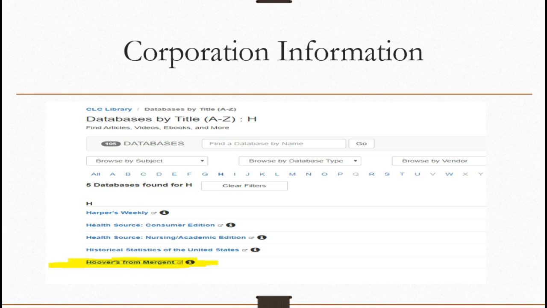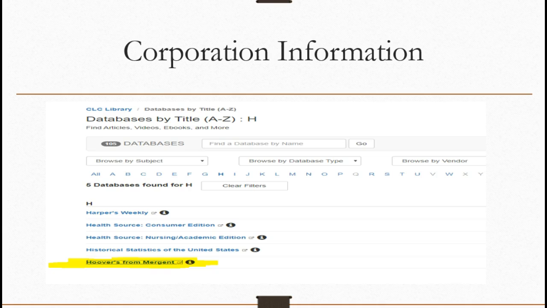One of the main services is Hoover's, and you have access to Hoover's through the College of Lake County Electronic Library. Hoover's is a protected database, so you can't go directly to Hoover's on the internet in general and access it.